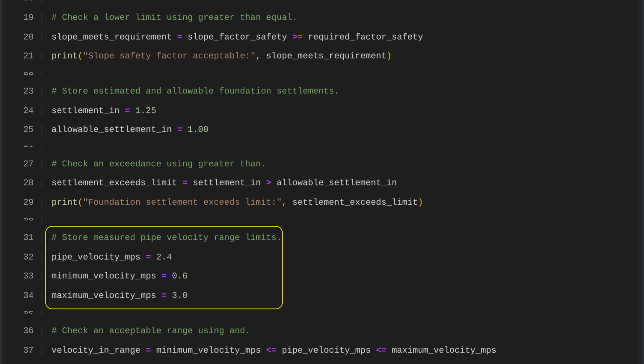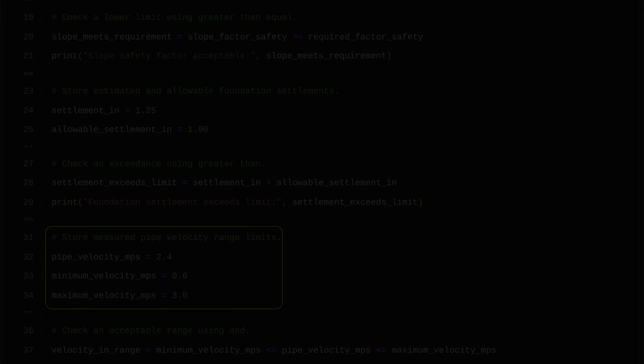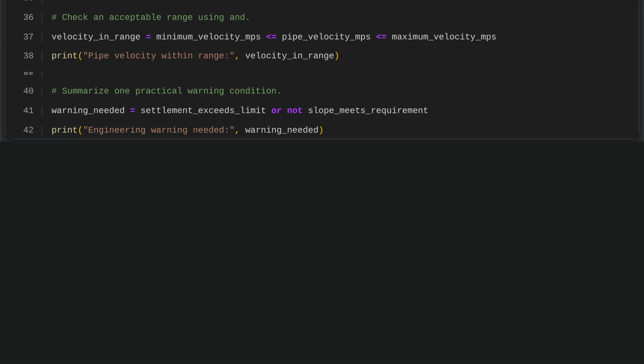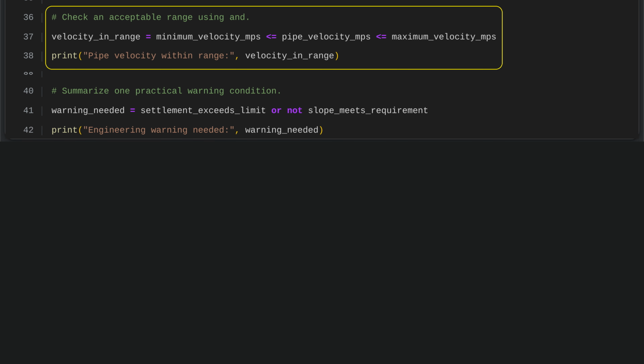exceeded. The pipe's fluid velocity is set to 2.4 meters per second. This is checked against an acceptable range from 0.6 to 3 meters per second to determine whether the flow velocity is within limits. The code checks whether the pipe velocity stays within the allowed minimum and maximum limits. It stores the result of that comparison and then prints a message saying whether the velocity is acceptable for safe